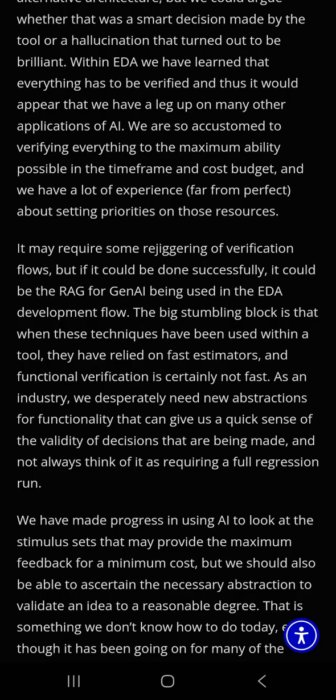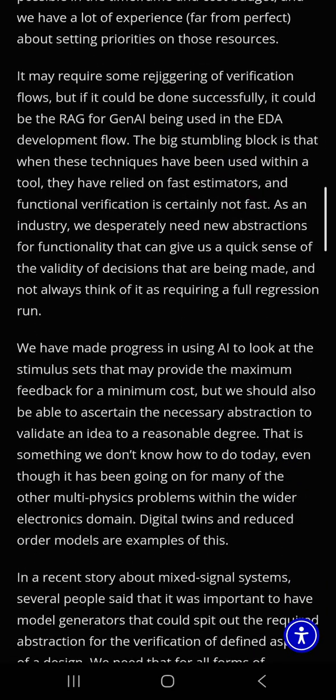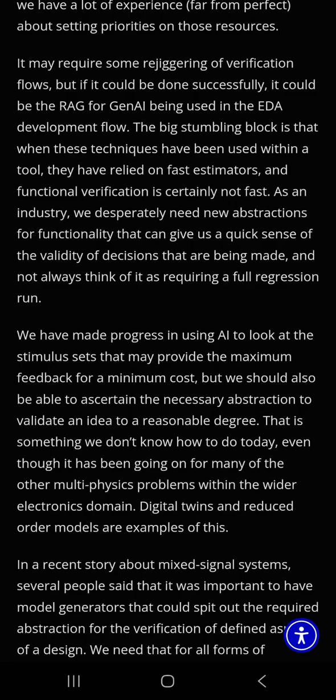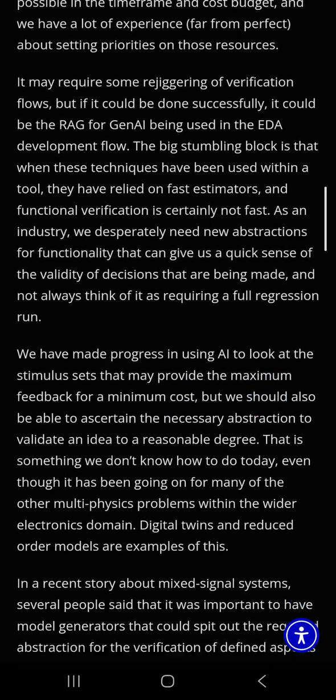As an industry, we need new abstractions for functionality that give us a quick sense of the validity of decisions being made, and not always think of it as requiring a full regression run. We have made progress in using AI to look at the stimulus set that may provide maximum feedback for a minimum cost, but we should also be able to